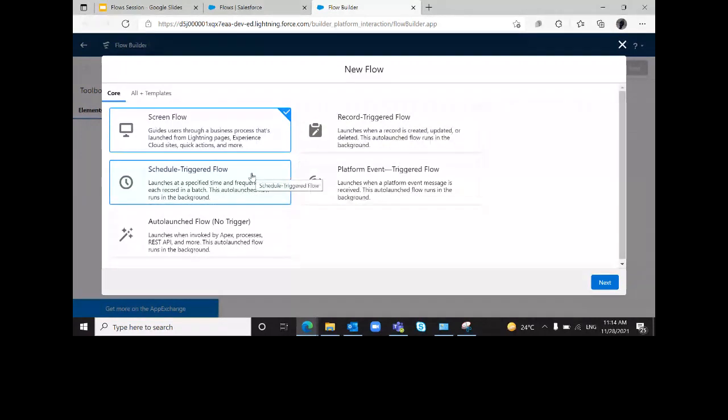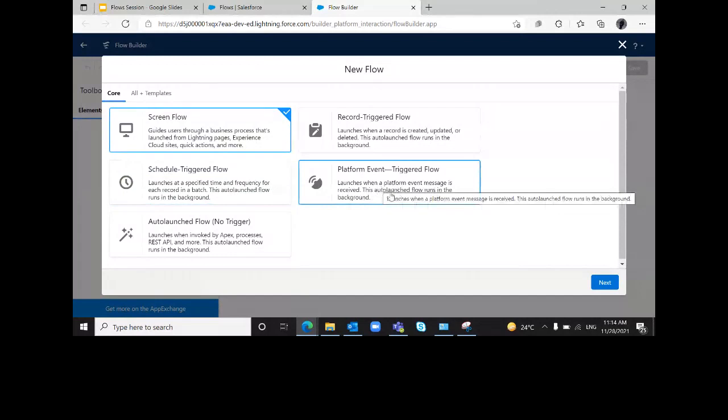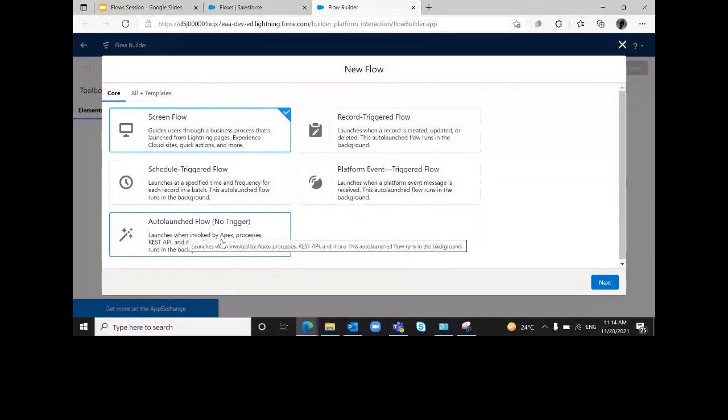In schedule trigger, we can schedule the flow, and maybe it can run at a specific time. Platform event is basically executed or launched whenever the platform event message is received. And then we have auto launch flow. In this, it is always invoked by some process builder.